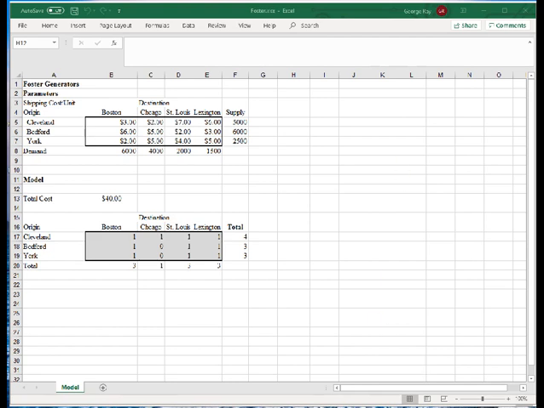So this is the model. Our total cost is going to be B5 through E7, the cost for each location, times B17 through E19, that matrix, which is the quantity going from each source to each destination location. Okay, so this is our model,